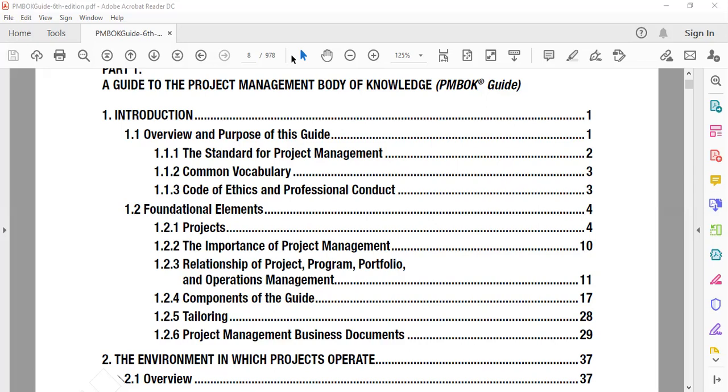When it comes to the relationship of project, program, portfolio and operations management, in a simple example, I was reading in the Scrum certification today that if I am building a house, it will be a project. If I'm building the whole society, it will be a program, which is a set of related projects. And if I have many housing societies, that will be the portfolio of that company. How the operations are performed in the company depends on our organizational project management, which provides guidelines to project, program and portfolio on when and by which criteria they should be executed or selected.